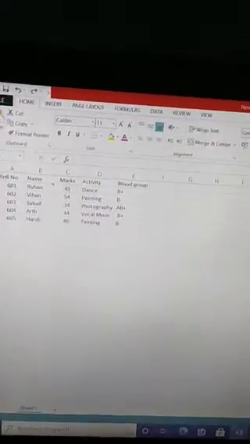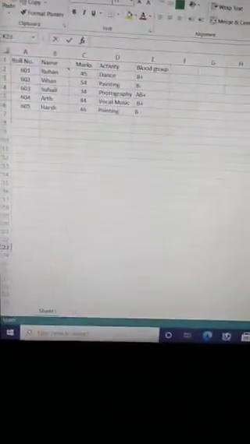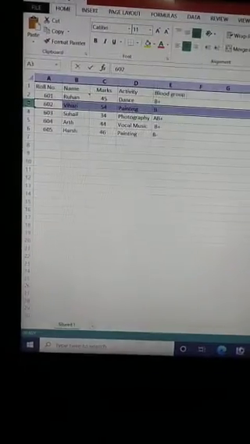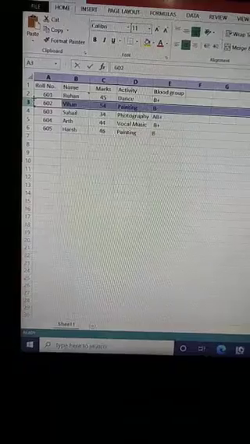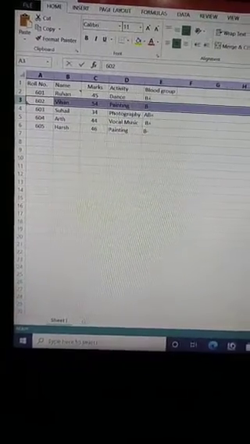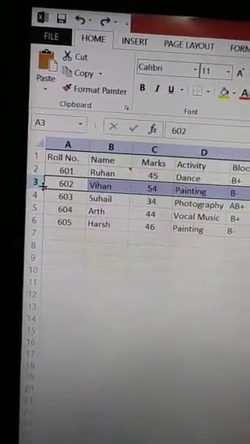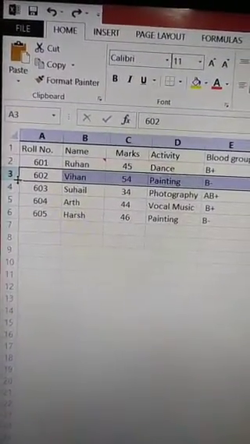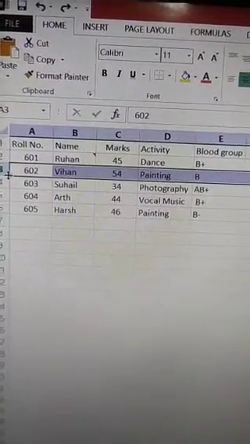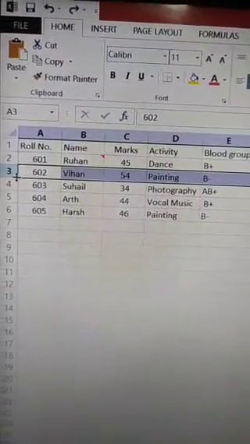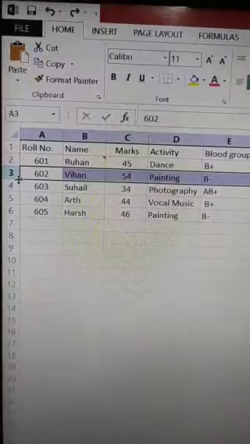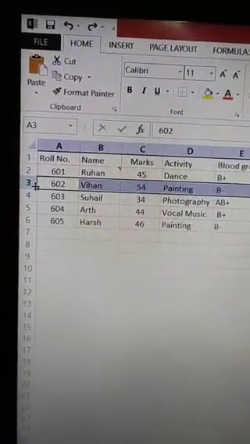How can we set the row height manually? I have selected row number 3 and I want to change the row height. Place your mouse pointer on the row's lower border.